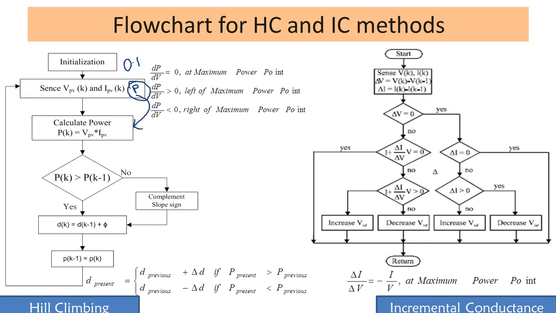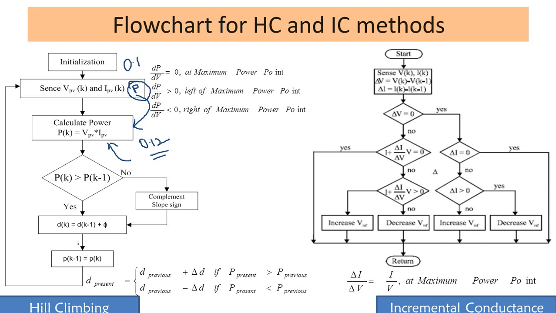Here. So next what you will do, at the next instant you will have 0.12, and there also you estimate the power. So what will happen, you compare 0.1 and 0.2, where you get maximum power, dP by dV. Where you get 0.12, if you find maximum power, yes, P of k minus 1 is greater than P of k, which is nothing but iteration. 0.12 is P of k minus 1, so it is greater.